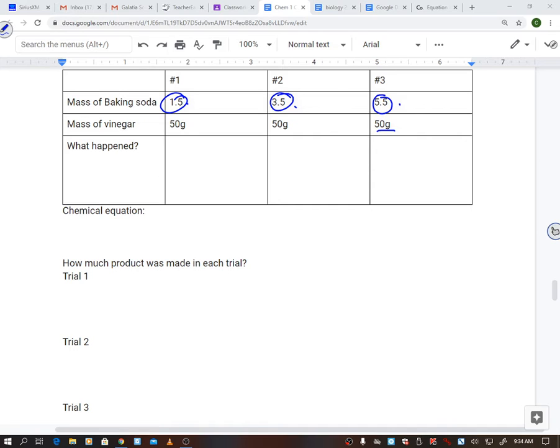All right, but for what we would do in here, and like I said, if we're back next week, then we'll do it in class. You guys can weigh these out and we'll see what happens. But you should see a bigger and bigger amount of product formed each time. So the chemical equation for this is